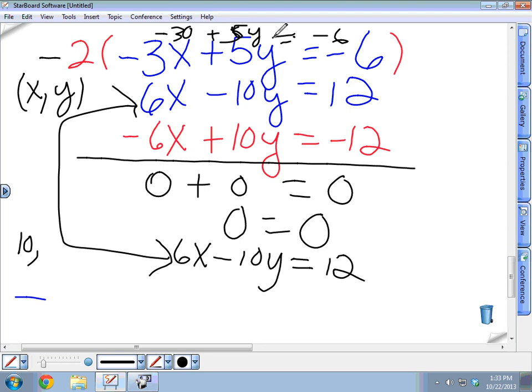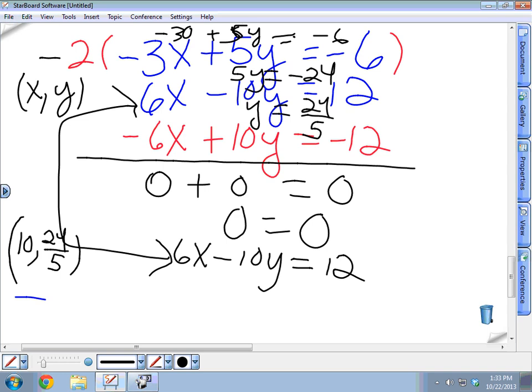If I add 30 to both sides, I get 5y equals negative 24. Okay, 24 fifths. If you took that ordered pair, Michael, and you put it back into this equation, it would still give you